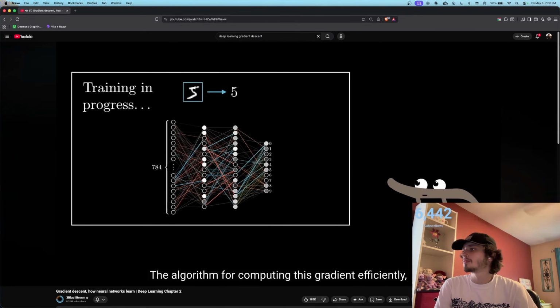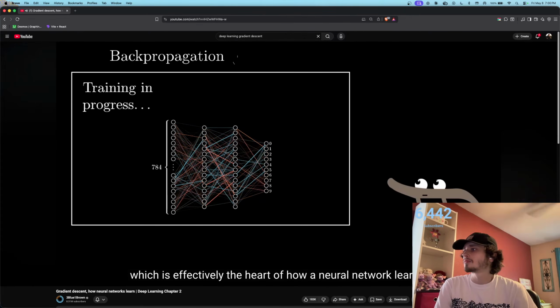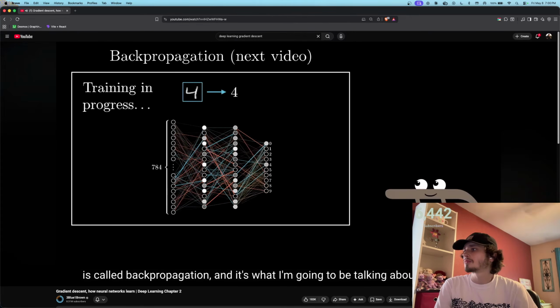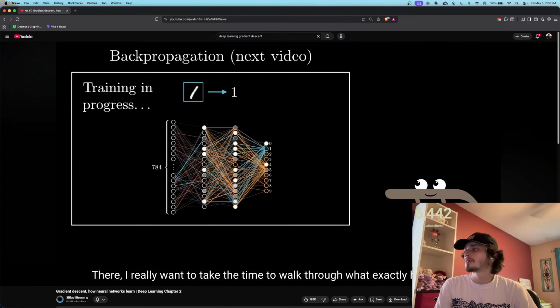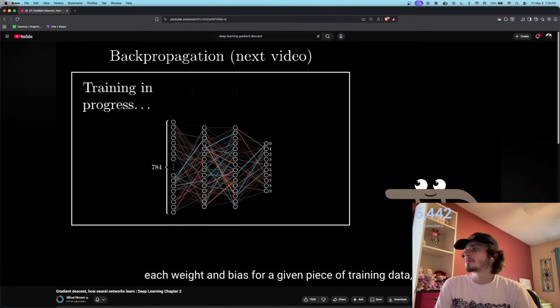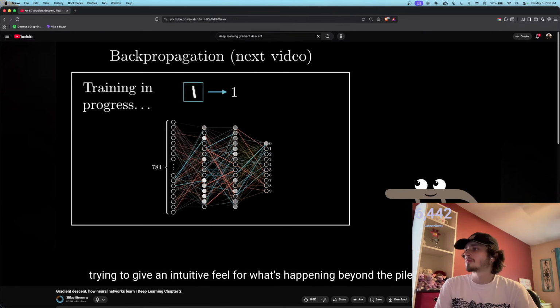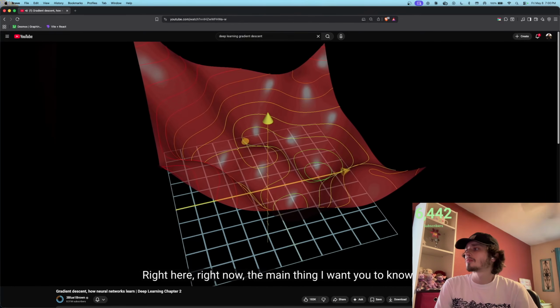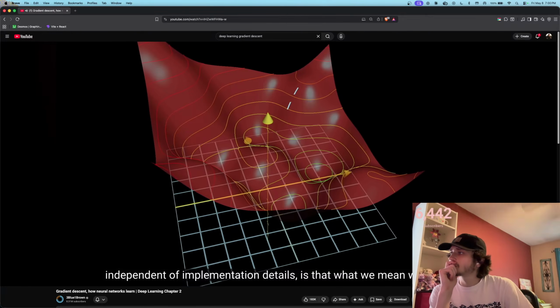The algorithm for computing this gradient efficiently, which is effectively the heart of how a neural network learns, is called backpropagation, and it's what I'm going to be talking about next video. There, I really want to take the time to walk through what exactly happens to each weight and each bias for a given piece of training data, trying to give an intuitive feel for what's happening beyond the pile of relevant calculus and formulas. Right here, right now, the main thing I want you to know, independent of implementation details,